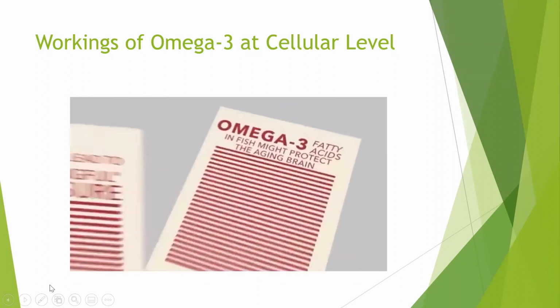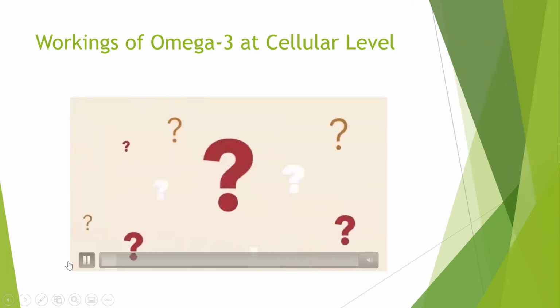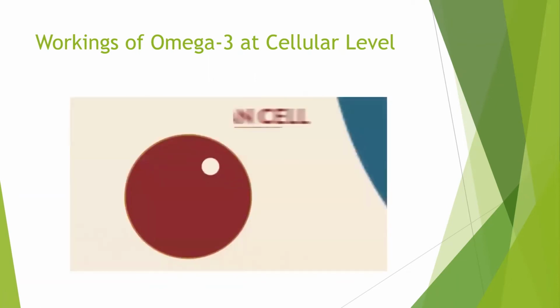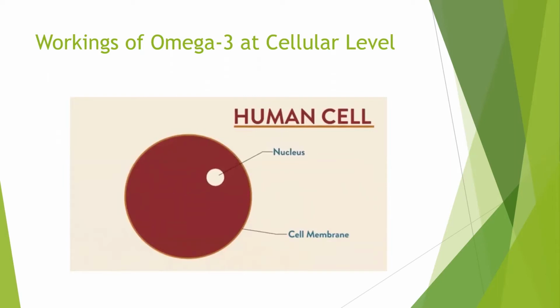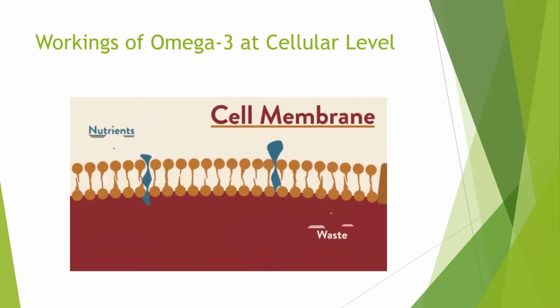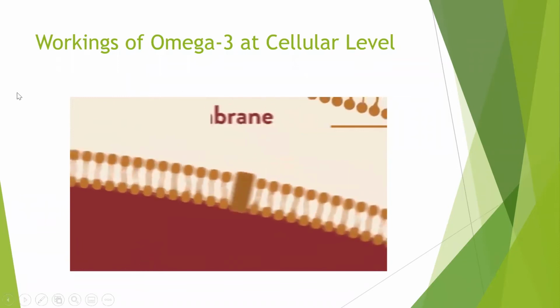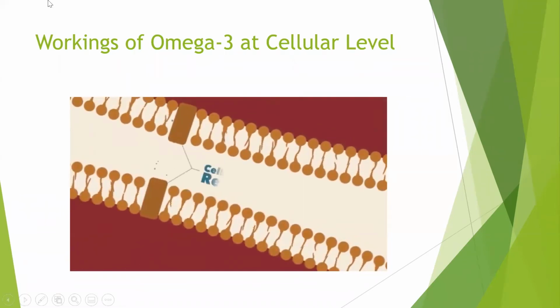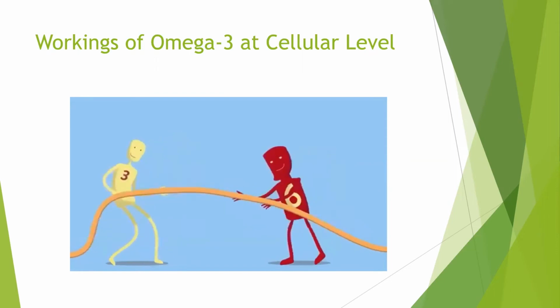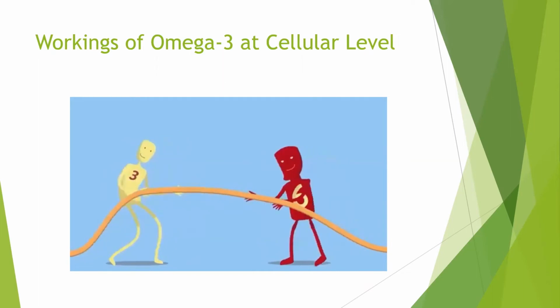Omega-3, you've heard of it. But what is it exactly? Omega-3 is a family of fat molecules, and these molecules play many roles in the functioning of our cells. For one, the omega-3 molecules make up part of the cell membrane, helping to regulate the passage of nutrients and waste products in and out of the cell. They also promote signaling between cells by providing the structure and connection to cell membrane receptors. And there's more. The omega-3 molecules put a damper on the inflammation in our bodies. They balance out the pro-inflammatory omega-6 molecules to prevent inflammation from occurring.